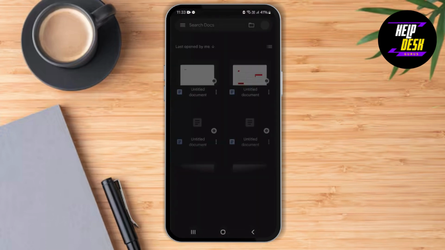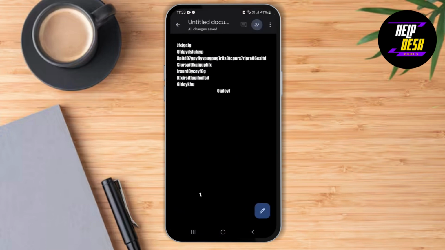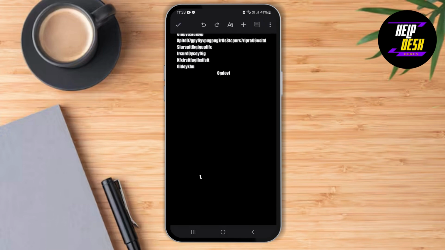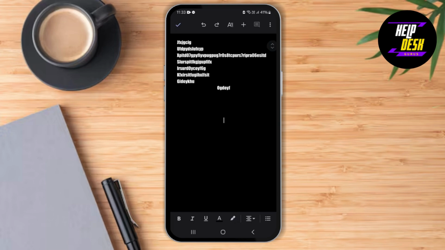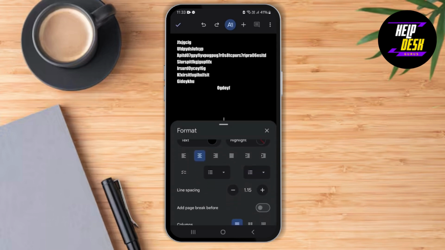Open and search for the Google Docs, choose your preferred account. Now you just want to add the fill in the blanks. Just tap on the edit section right here. Now place your cursor to where you want your fill in the blanks line to be added on. After you do that, tap on the very A option, which you find right here,